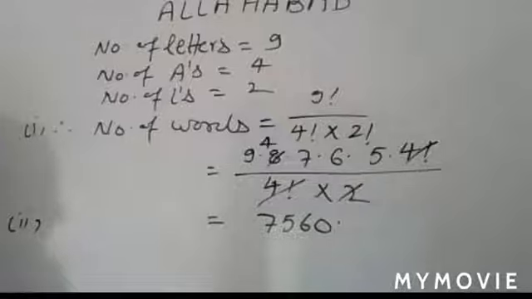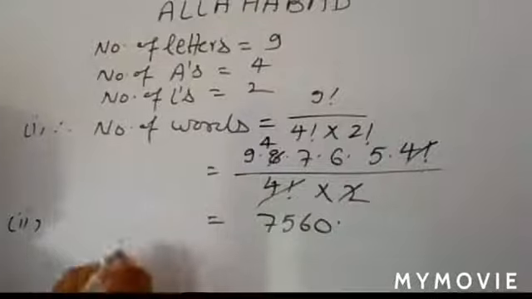Hence, factorial 4 upon factorial 4, because all four are A. Yes, 4 places are there, because here you have the total number of vowels. First you count the total number of vowels which are to be arranged. So that's why you write factorial 4, and that 4 is repeated 4 times. That's why you have to divide by factorial 4 also. The number of even places is equal to 4, the number of vowels is equal to 4, and 4 occurs 4 times. So first you write in this way.